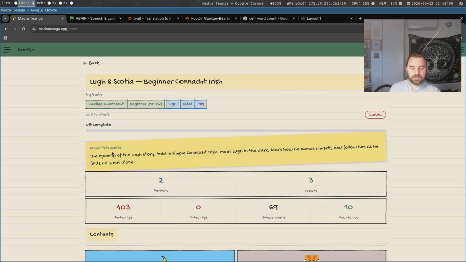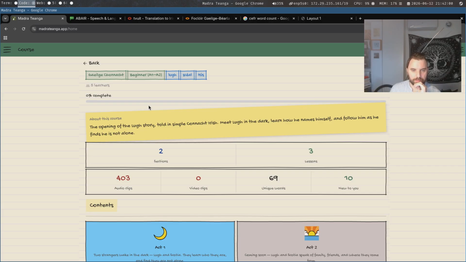So everything you see here, anybody can create, and I'll show you the creator tools in a second. But anybody can create this course. I didn't do anything special. There's nothing unique about this course. This was all made on the app. So we've got two sections. We only have one. The second one's empty. 3 lessons, just 403 audio clips here.